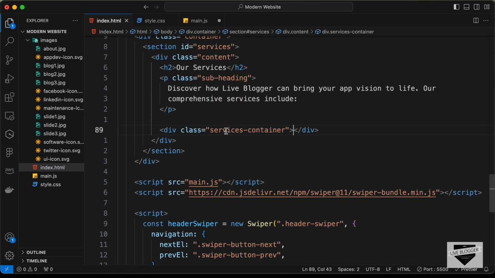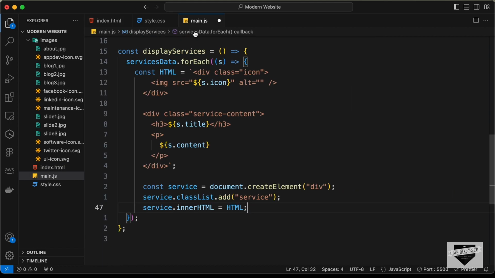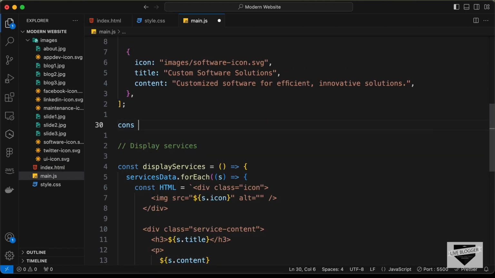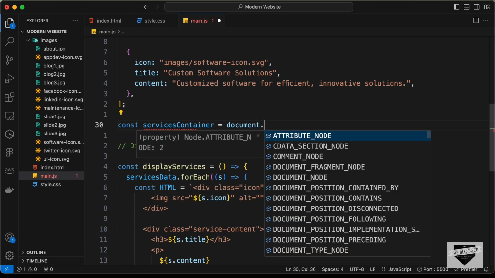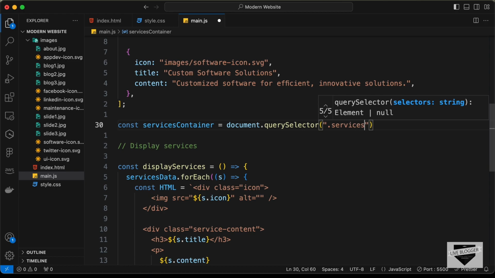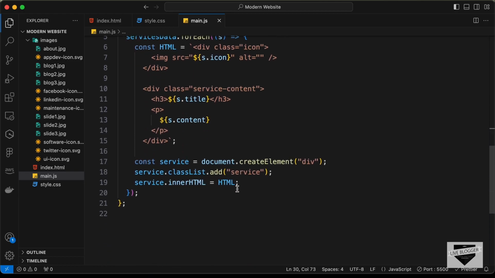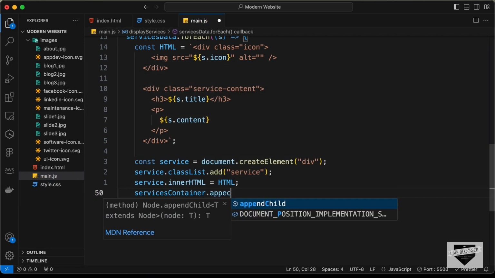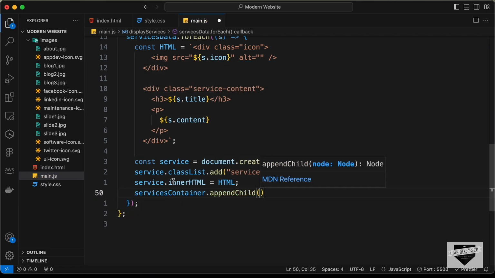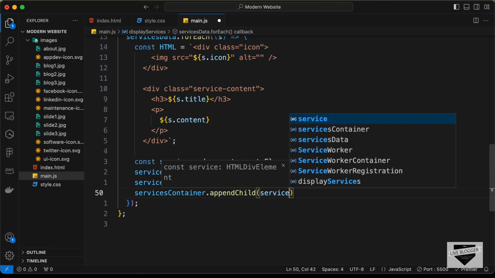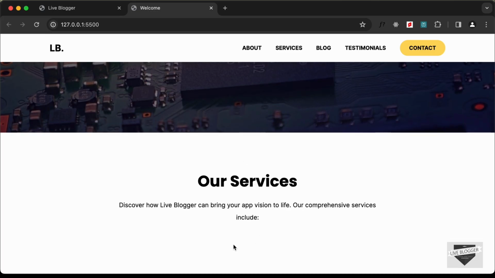and let's go ahead and reference this services container. So here I'll just type const services container equals document.querySelector services container, and here let's go ahead and type services container dot append child, and here we need to add this service. So let's type service. Right, now if you go back to our website, here we can see that the services